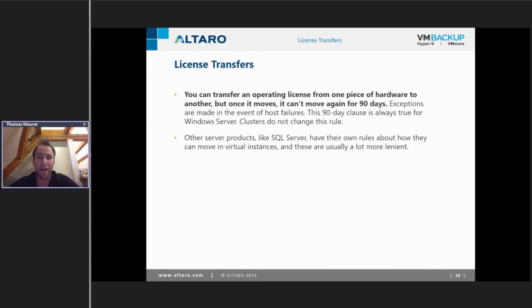That's why they say you can do that every 90 days. For other products, like SQL Server or Exchange, different rules apply, so you have to check what you have to do when you license the other products as well.